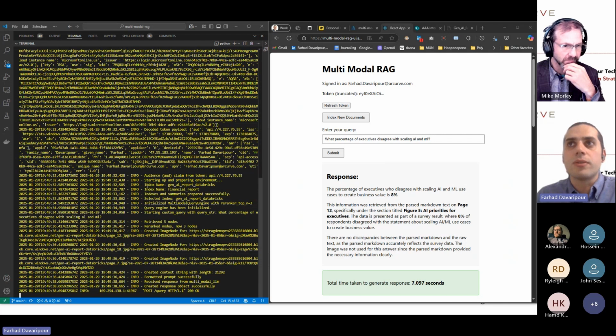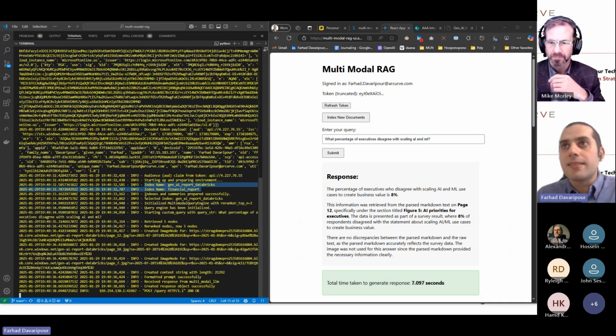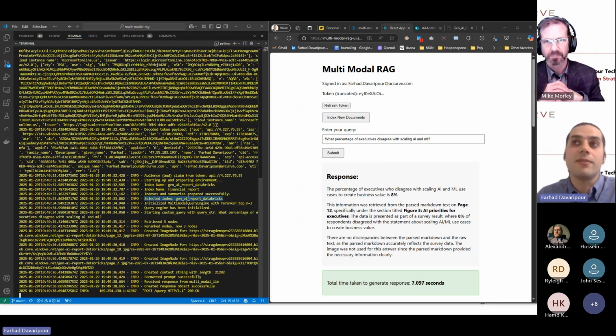It will go through all the indexes that it has from the Azure AI Search. Then it selects this particular index because of the query you asked about AI and ML. It decides, okay, this is the document I'm going to retrieve information from. Once it does that, it retrieves the information. It retrieved 5 nodes, and out of those 5 nodes, it re-ranked and filtered them down to 3 nodes,